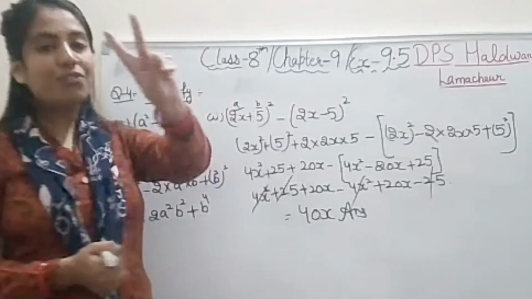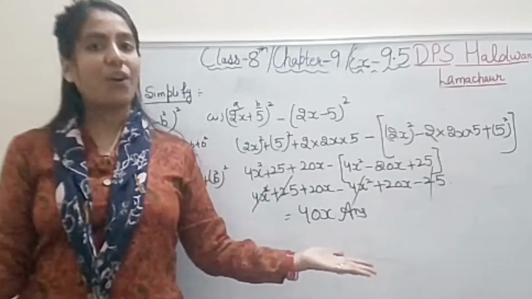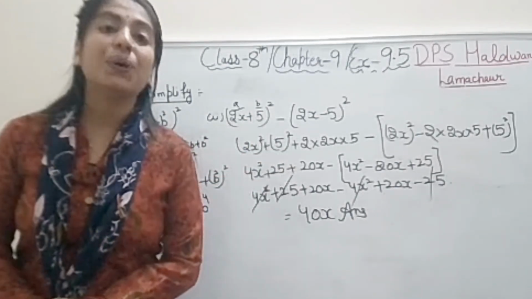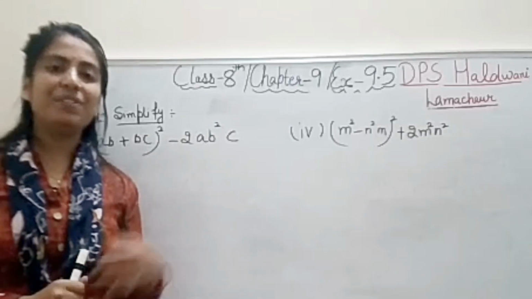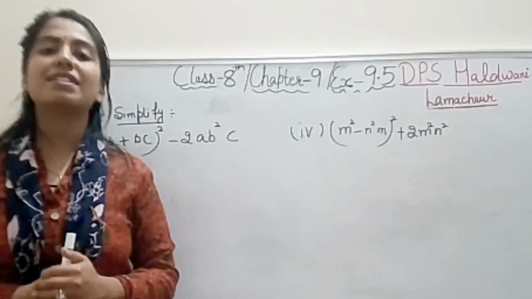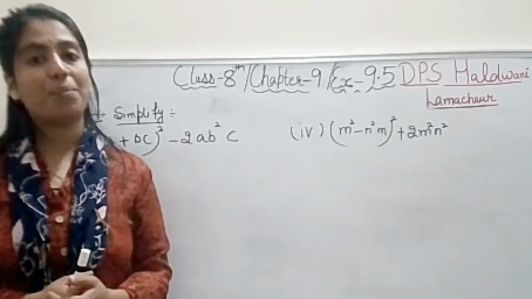In the same question two formulas we have put, and we have just simplified, we have just solved only. So these are two parts of question number 4. Now coming to our next part. Now student, one more part I am doing from the same question for better understanding, but it's your practice only. You have to learn the identity and use it in the formula.